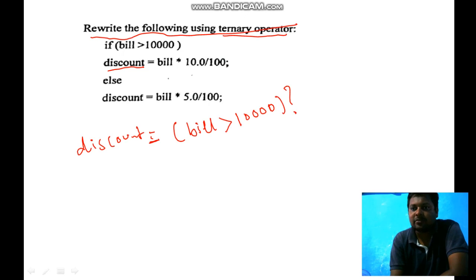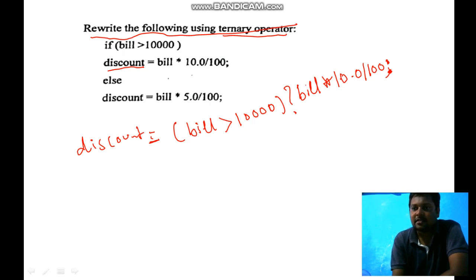Then assign what you want. If it is true, you are assigning bill into 10.0 divided by 100, which means 10%. Then here you have to give just a colon. Either you are assigning this, or if it is false, what are you assigning?